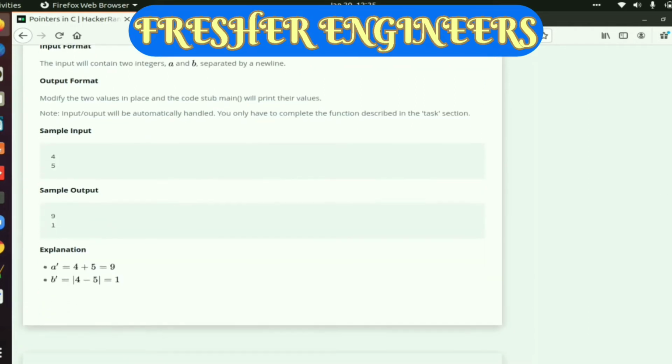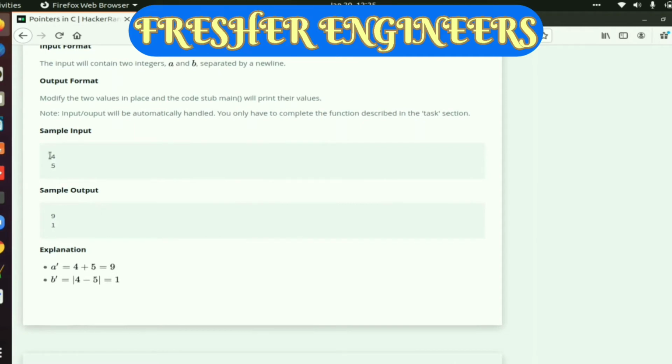So let's look at the sample data. Here there will be two inputs by the user, a and b. We have to modify the two values, and after performing the operations we have to give the output.